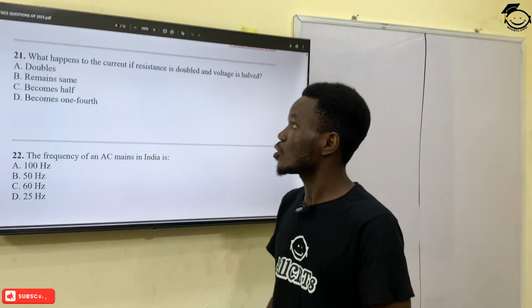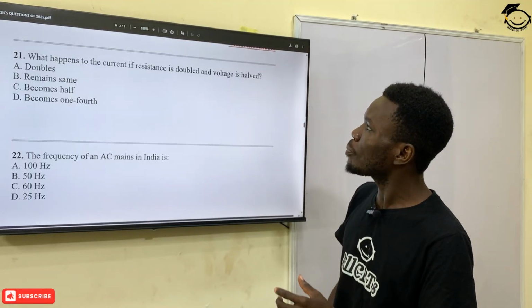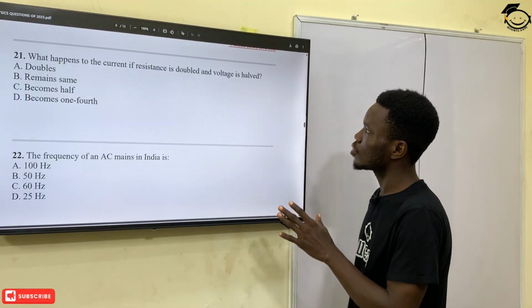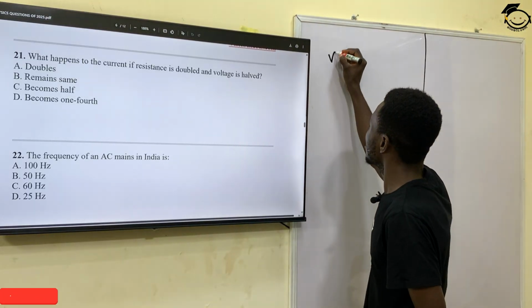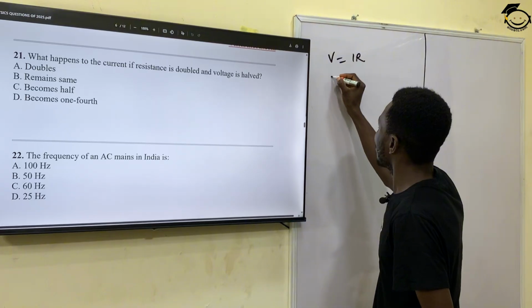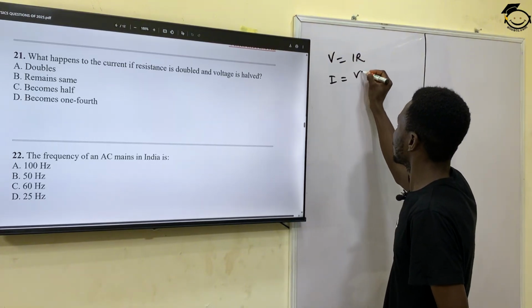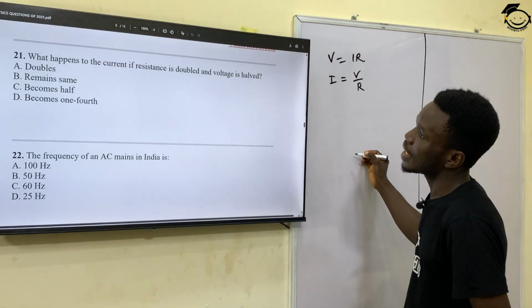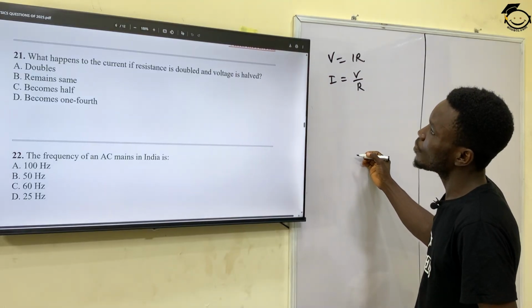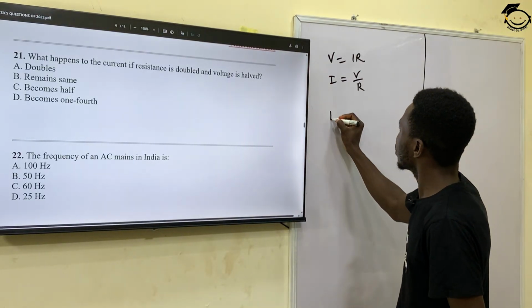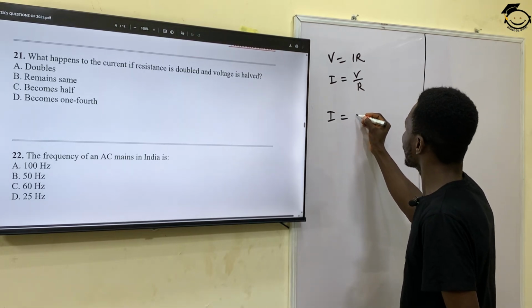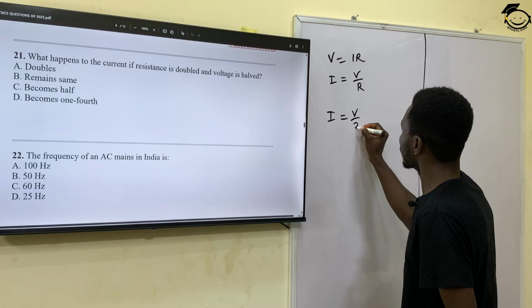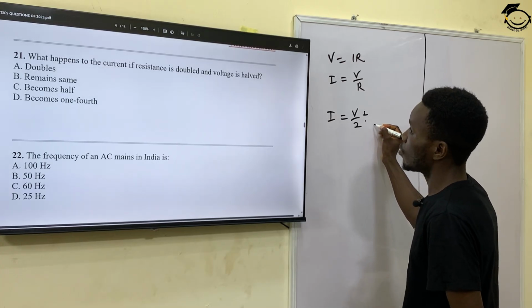Moving on to question number 21, it says, what happens to the current if resistance is doubled and voltage is halved? Now we know from Ohm's law that V is equal to IR, which means that my I, which is current, is equal to V over R. So what they're saying is, what happens to the current if the resistance is doubled? So it means that my resistance is doubled and my voltage is half, which means that my V is now V over 2. This is divided, my resistance is now what? Doubled, which is